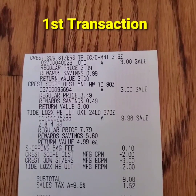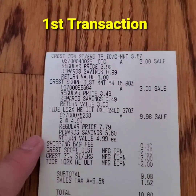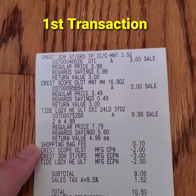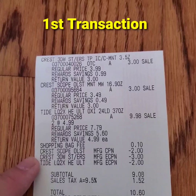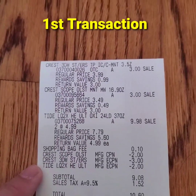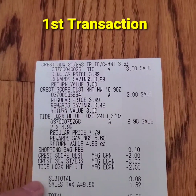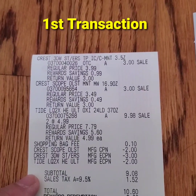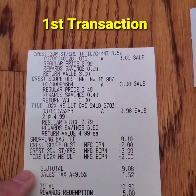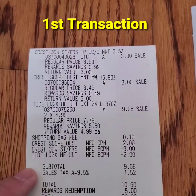This is my receipt. I used 1 paper coupon which is Tide, but the register picked it up as a Crest coupon. Also, there's a $3 off 2 Crest digital coupon and a $2 digital coupon for Tide liquid detergent. Including tax, my total is $10.60. I redeemed 5,000 points, which is equal to $5, and paid